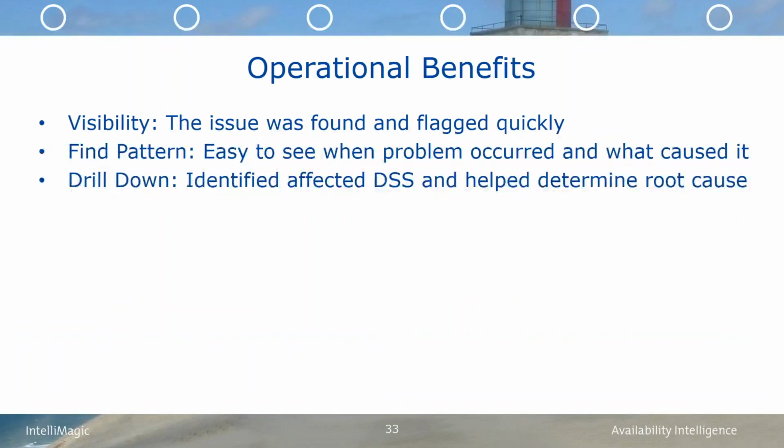So the issue was found and flagged quickly. The problem was lack of bandwidth. You didn't have enough bandwidth to send data out of the box as you had capability to send data to the box. So you had an imbalance here, and it was easy to see when the problem occurred and what caused it. By drilling down you could find out the specific storage system that's affected and the fact that it was a bandwidth issue. By increasing the provisioned bandwidth between that storage box and its global mirror target, the problem could be solved and the RPO spikes could be eliminated.